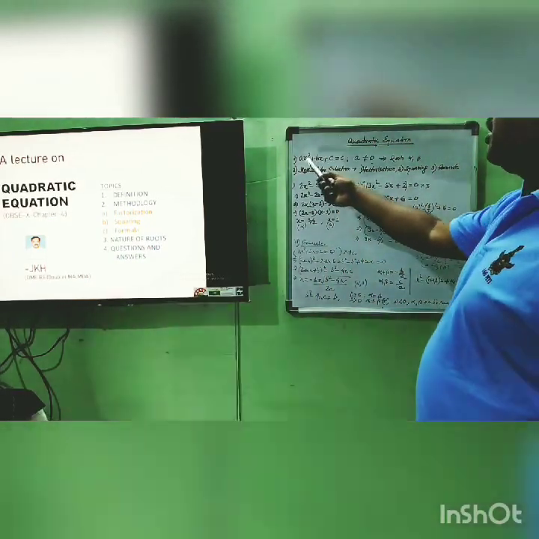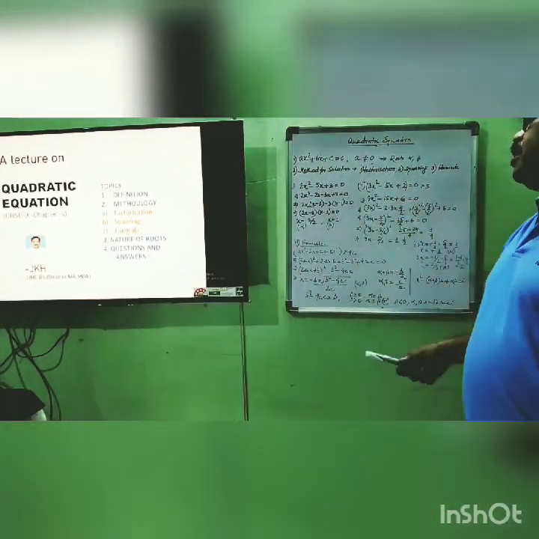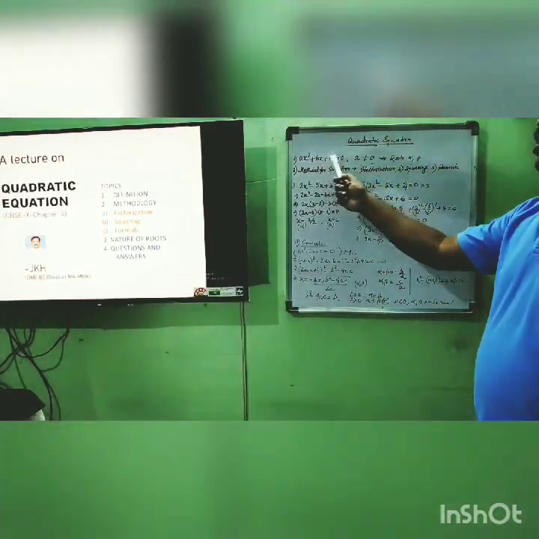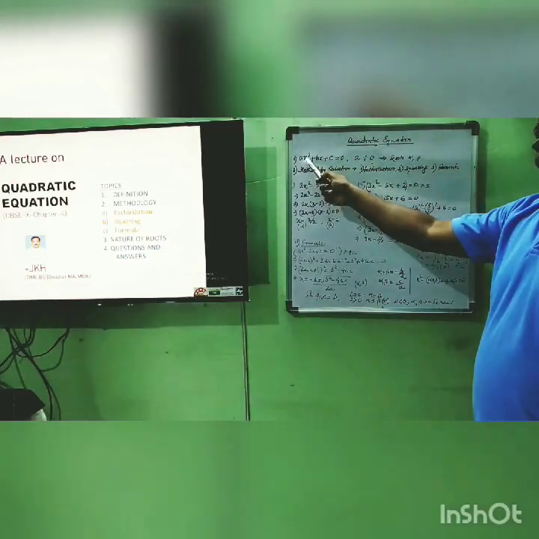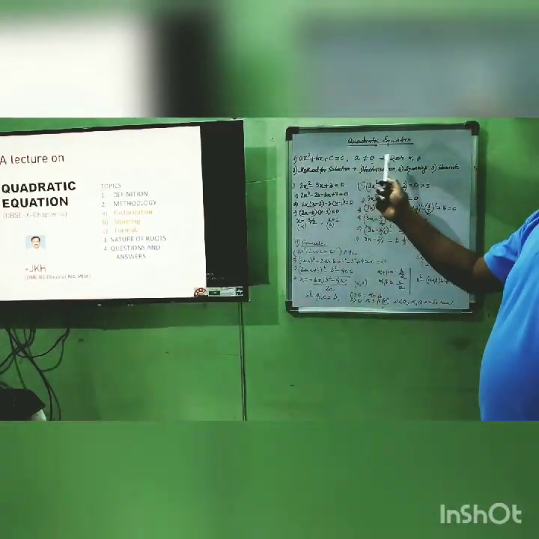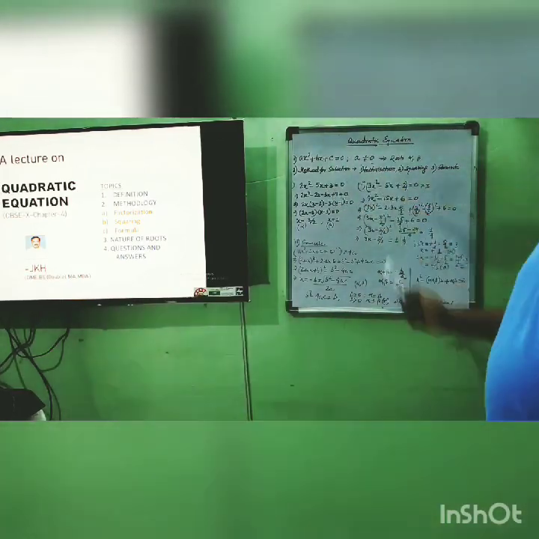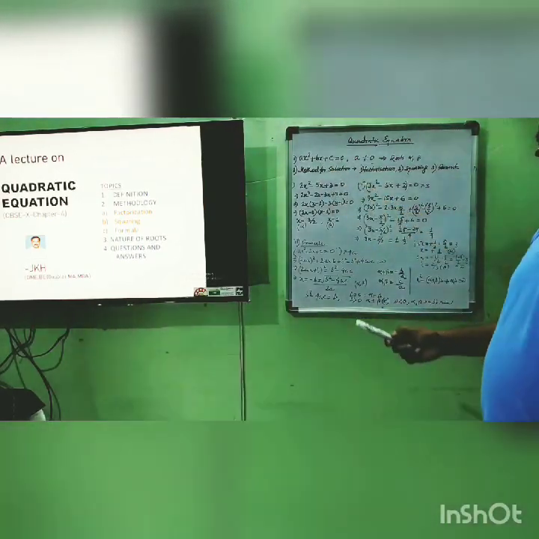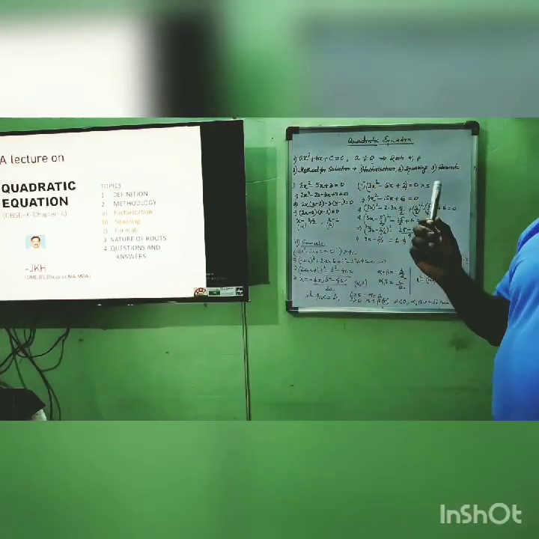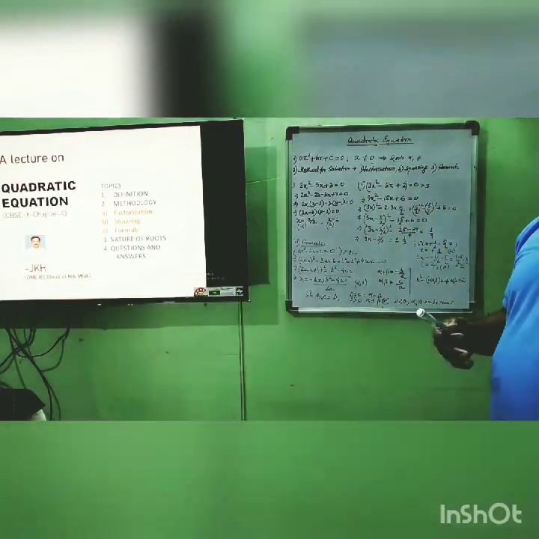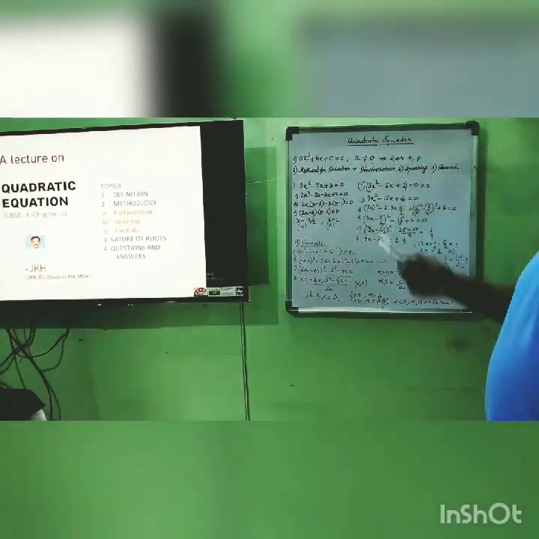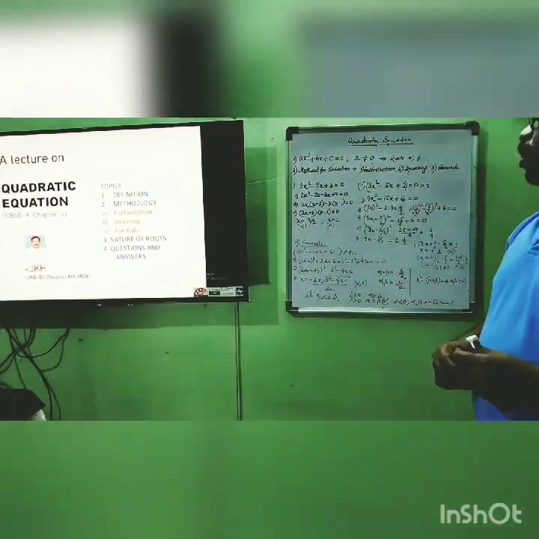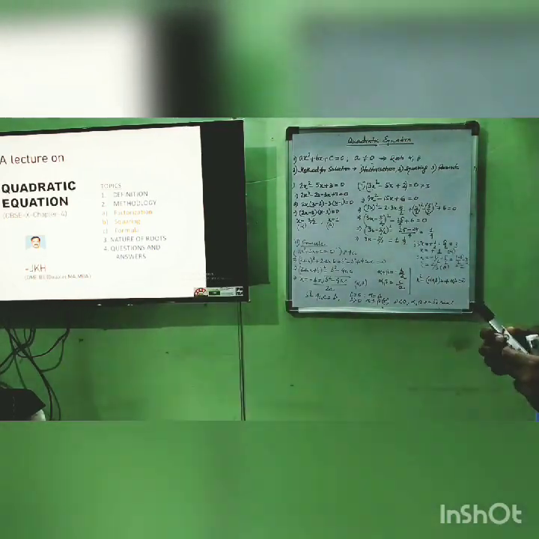It is a quadratic equation in the form of ax square plus bx plus c equal to 0. Remember, a should not be equal to 0, because the moment a equals 0, the first factor, that is the x square factor, will be omitted, so it will not remain a quadratic equation. So this x is the variable, whereas a, b, c are known. This variable will have two different values of x, that is called roots. We will find that roots are denoted by alpha and beta. So how to find out these roots, that is the only topic here.